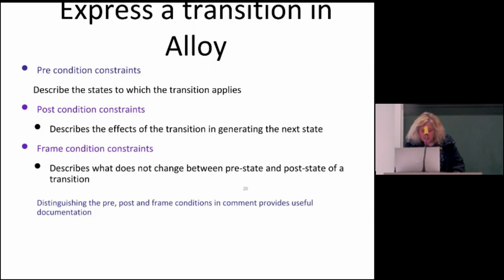And what remains static means what doesn't change. So there will always be properties in your system when you're exchanging information that the sender will send something, the recipient will receive something, but you want, for example, the message content to never change. And that is what you would want to model. And if you do that, if you describe all these pre, post, and frame conditions in a correct way,